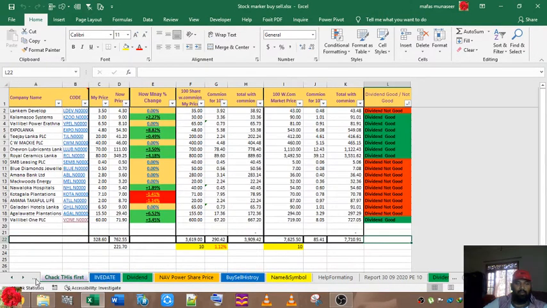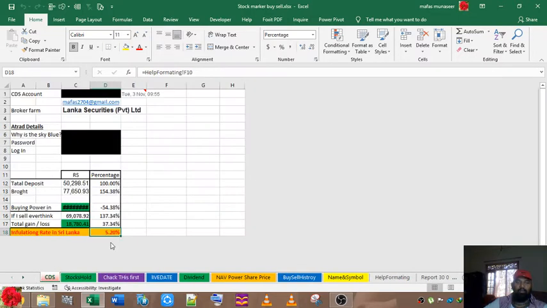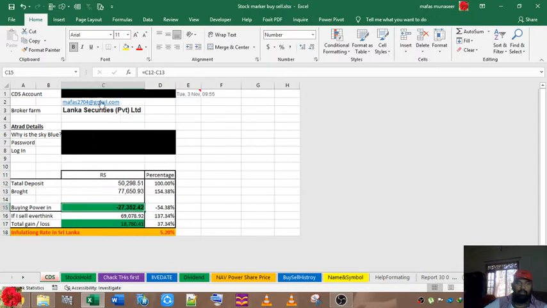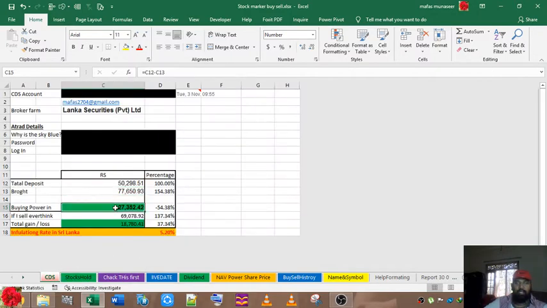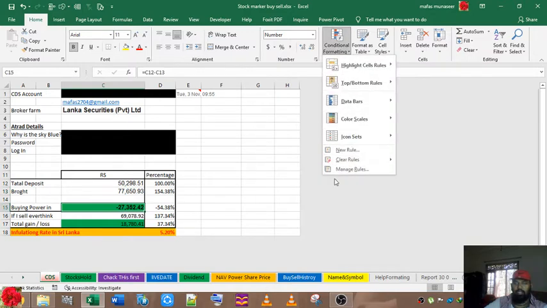If you get this Excel sheet, these are things you have to maintain once a month. Look at that, how much profit I got. It's not a profit, it's a minus. Why does it not change? That's a problem. It's good that I came and checked here. It says my total deposit is 50, but the shares I bought show here as 77,000, so it should be a minus. Why is it not showing minus? I'm going to come and check it here.